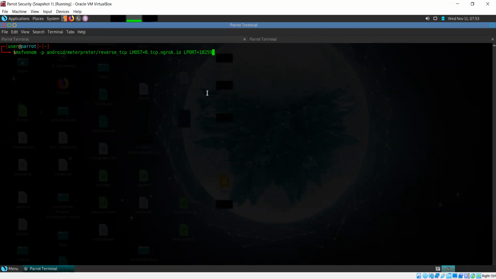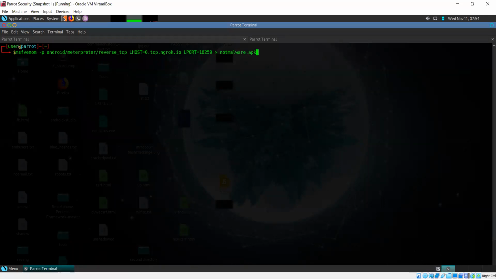So these are the parameters that I'm going to specify so that when this malware runs, it's going to see all this from the outside. So it won't have access to any internal network. So when it runs, it needs these parameters to be able to connect. So that's all these things we need to specify, and I need to redirect this output to an APK file since it's an Android malware that we're creating.